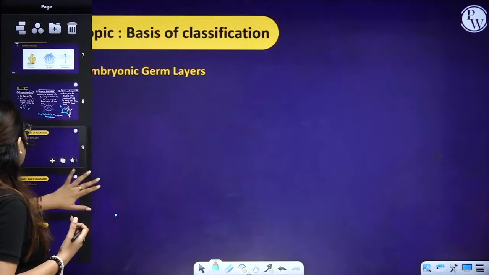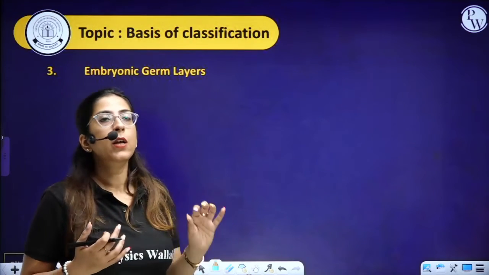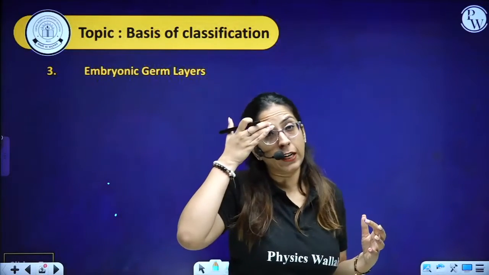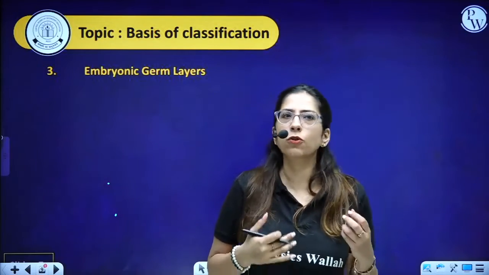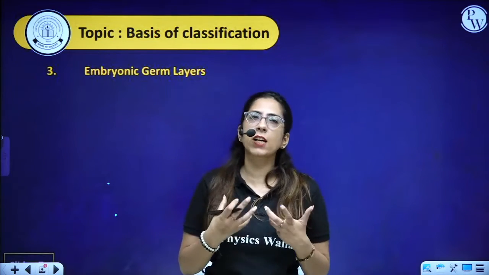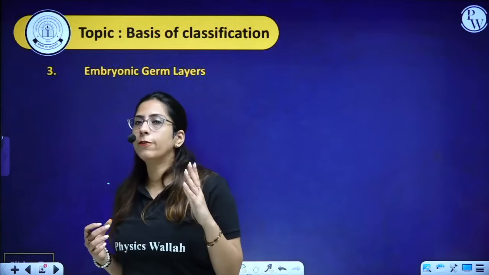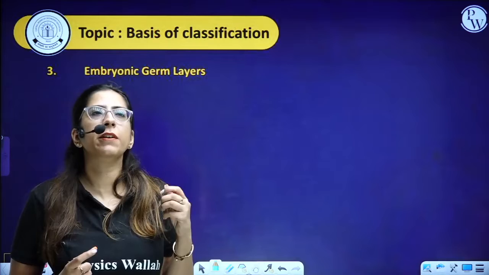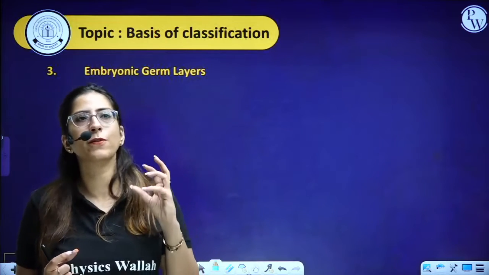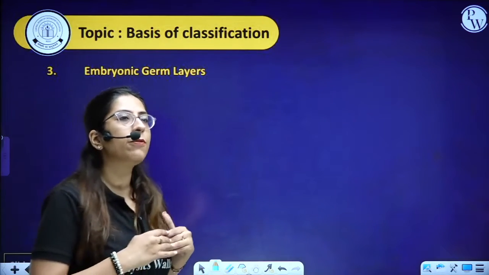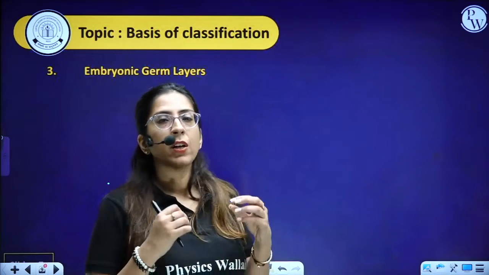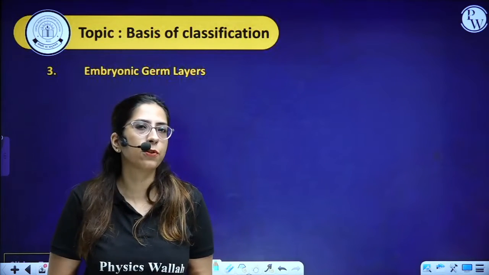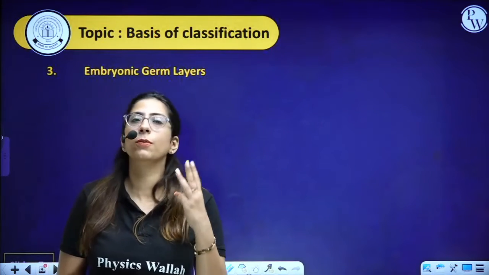Now, next, let's talk about the embryonic germ layer. Now, listen very carefully. During the embryonic lifetime, germ layers are formed. So many students keep on asking me, ma'am, what are these germ layers? See, I'll tell you. After the fertilization, the first stage which is formed is termed a zygote. Zygote divides into a ball of cells which is the morula. Morula further divides into the blastula. So blastula forms the gastrula. During the gastrulation, 3 germ layers are formed.